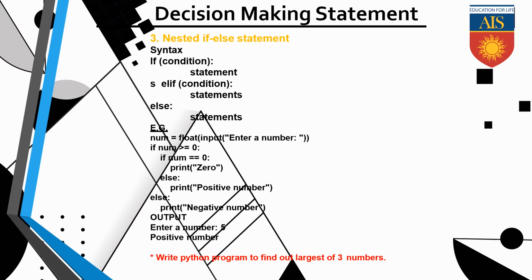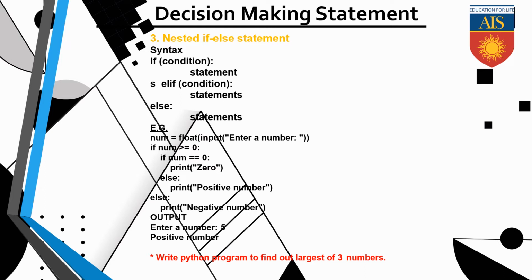Here we will follow the example of nested if statement. First we need to see the syntax. If condition, and then it will print the statement. Elif condition, then the statements. Else the statement. That means what? We know if, the opposite of if is else, but over here if, then elif, then else. That means elif will be the sub part of your if condition.